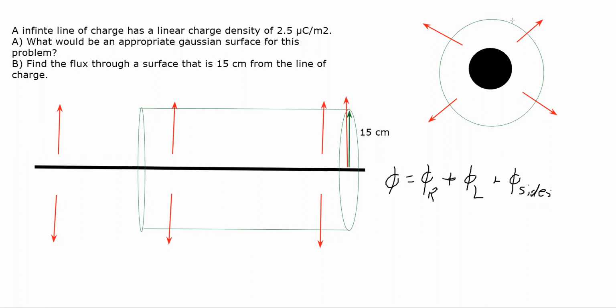So you actually don't have any electric fields going through the surface, which is telling us that the flux going through the left end and the right end of the cylinder is going to be zero. Okay, so we get zero flux there plus zero flux there. Now, what about the flux on the sides? How do we calculate that? So the flux on the sides here,